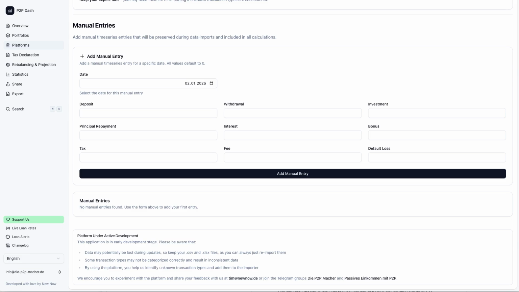Let's start with deposits. A platform is initially funded with money, which is then invested through an investment transaction. After that, interest should ideally accrue. If you used an affiliate link such as ours or participated in a campaign, you may also receive a bonus payment, which is another transaction. At the end of the loan term, the loan is repaid and you have free capital again, which you can